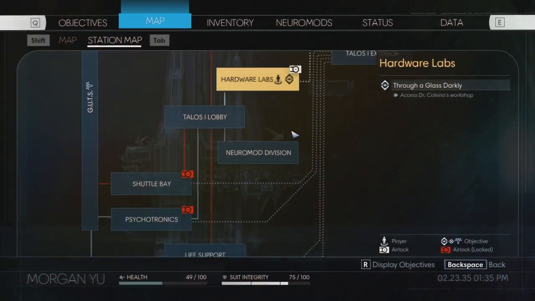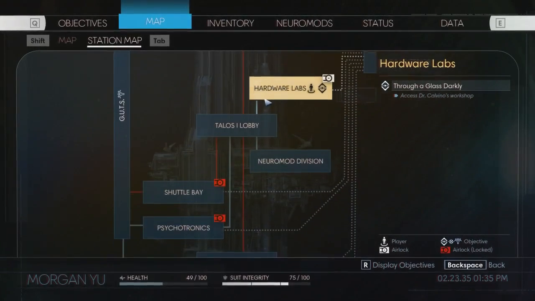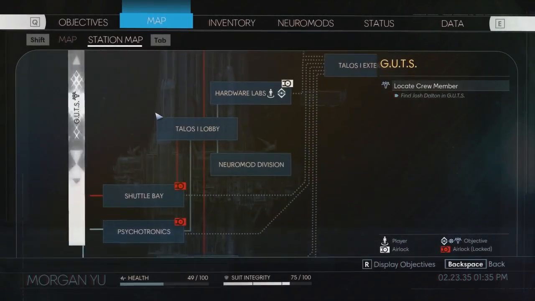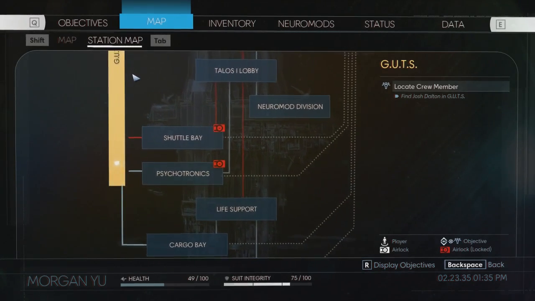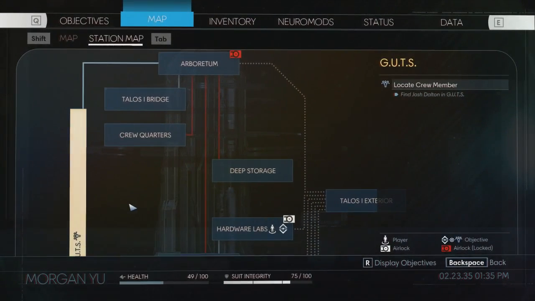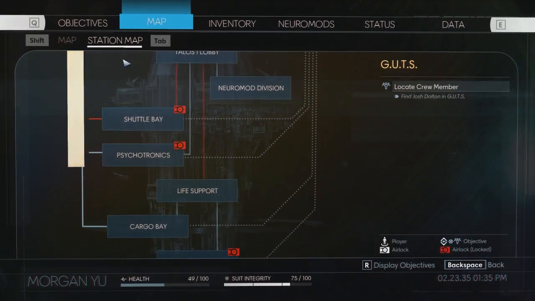Station map. Power plant, deep storage, arboretum, Guts. What is Guts? Not the same thing as the exterior. It apparently attaches cargo bay, shuttle bay, electronics. I'm getting the feeling it might mean almost literally what it sounds like, which is that it might be the guts of the ship. It might be the interior, like...